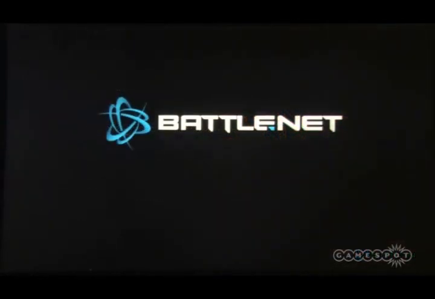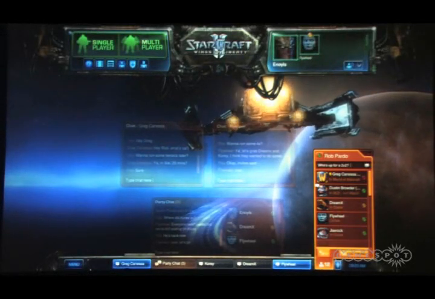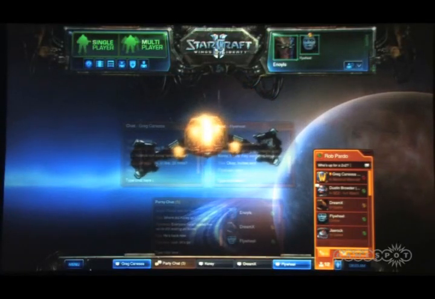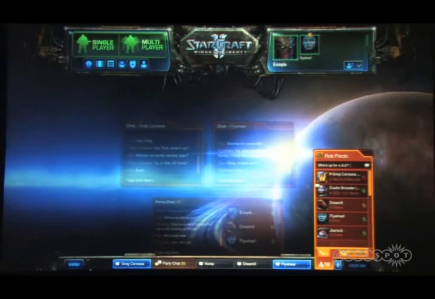All right, so now I'm going to show you some screens so it makes a little more sense. This is an example of what your friends list might look like once you have some real-life friends added to it. Your real-life friends will be at the top, and you still have the character friendship. So this doesn't replace character friendship at all. You can still have all the same systems you have today,